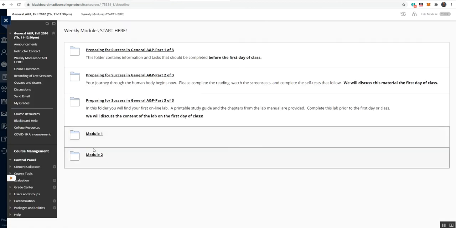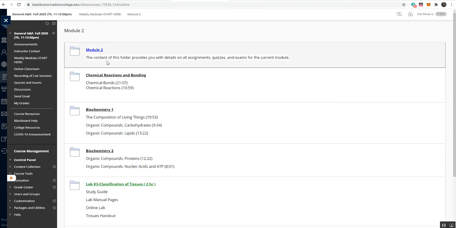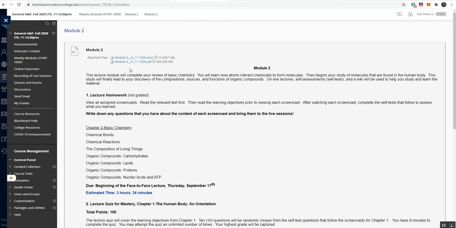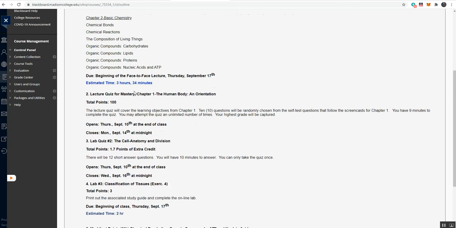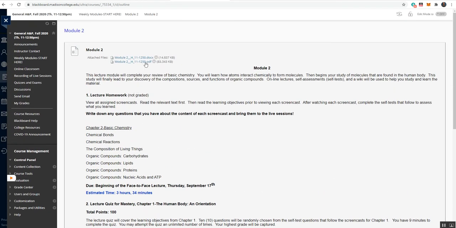Since we're talking about Module 2, I made it available on Monday, although technically it does not start till today. So I'm going to click on the module, and you will always find a blue folder with the module number on it, and if you click on there, you'll see the module document in HTML. And for those of you who'd like to print it out, I have it in both a Word doc and also a PDF. I'm going to click on the PDF,